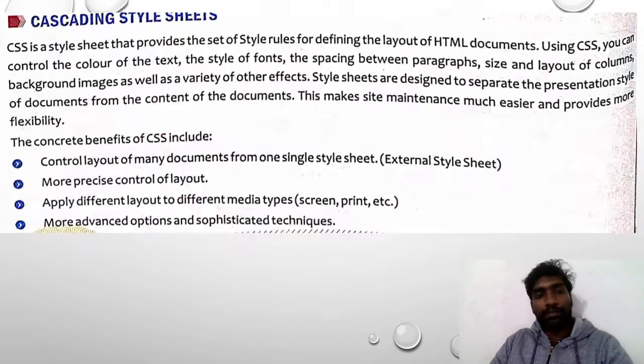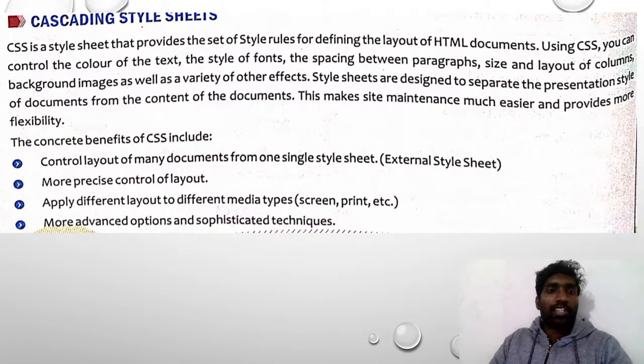Now see here. First, Cascading Style Sheet. What is meant by CSS?